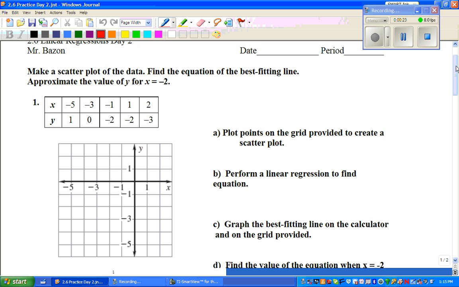Let's follow the directions for how to make a scatter plot, how to find the equation, and how to approximate values, okay? Step number one, we're going to plot these points on the graph we're given. My first ordered pair is this one right here, (-5, 1). So I'm going to go over -5, up 1, and put a point there. Then I've got (-3, 0). All right. I've got (-1, -2). I've got (1, -2). And I've got (2,